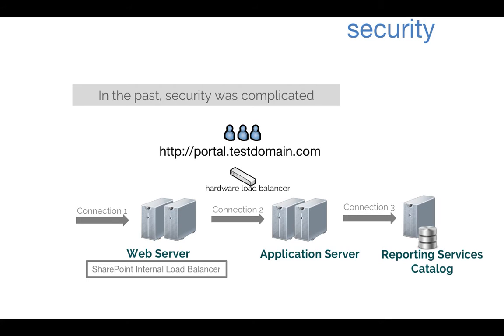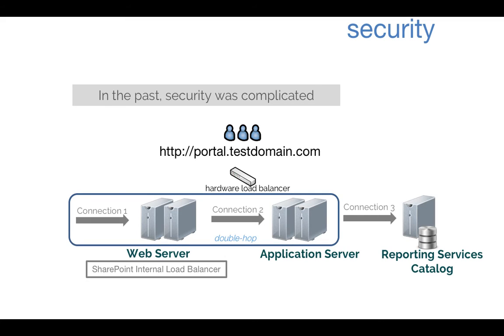That becomes connection 3. Now think of it this way. As an end user, I don't really know if I have permissions to access reporting services or if I have permissions to access the data inside the reporting services catalog database, your shared data sources, your shared data sets, your credentials, and that becomes a security nightmare